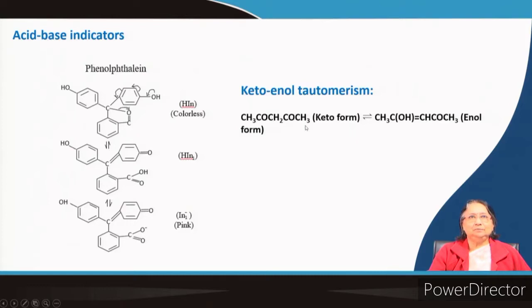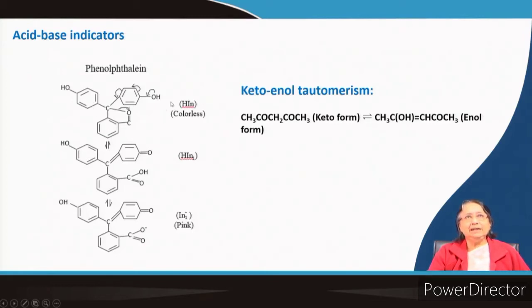Here the compound is different, that is why it looks different, but basically this is also tautomerism. Now, about the color: chromophoric group means there are alternate double bonds and single bonds. If it is there, we know the color is developed. Here this type of bond is not there, that is why this is the colorless form. So, phenolphthalein, when it is present in this form, we see no color, that means it is colorless.